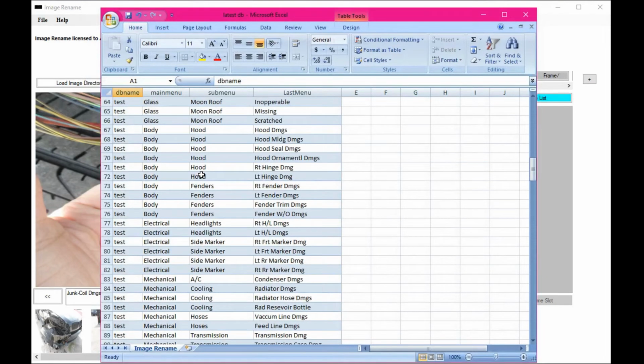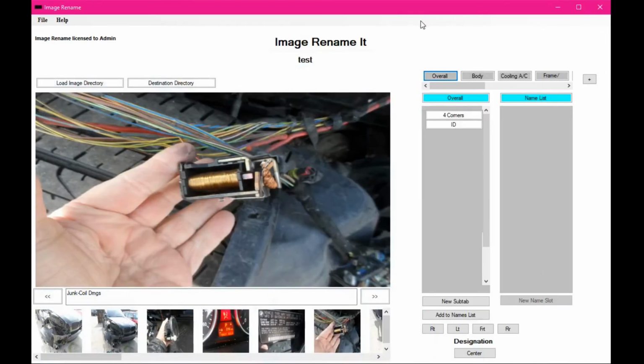The program has special programming in it that does not allow you to come in here and change things, even though you can come in here and type all day long, and you save it. As soon as you save that, it will not re-import back into the program. So while you're creating, adding to, editing, deleting, or whatever, anything you want to do in the database, you do it from within the program, because the program has special programming to assign certain things to certain categories in that